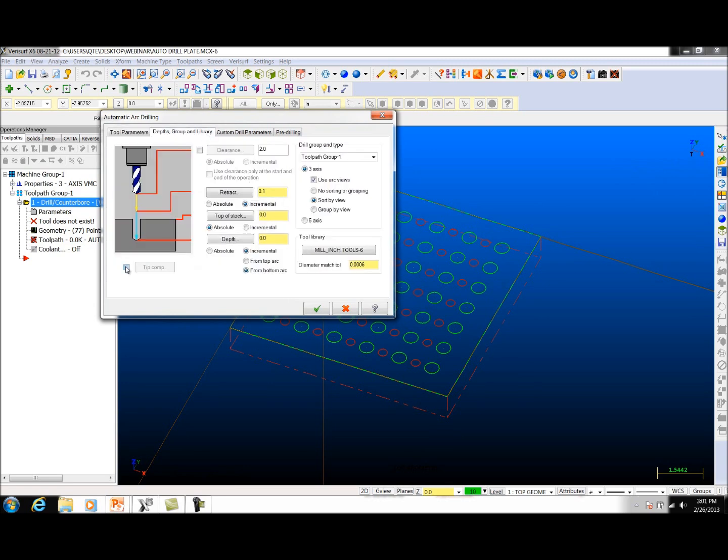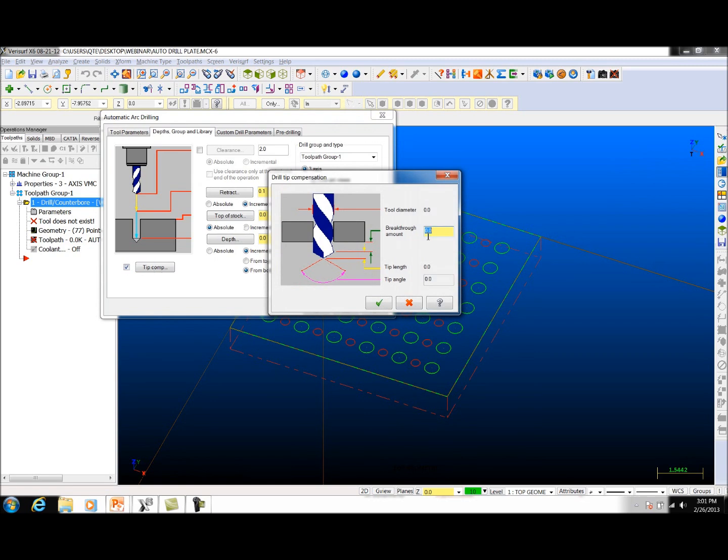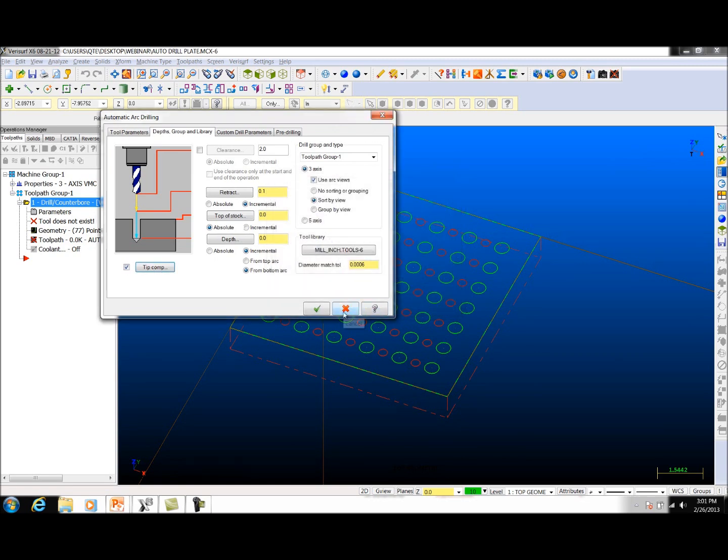Also, you want to use tip comp? Definitely. Let's break through about 10 thousandths. Now, the depth, I can go absolute. I can go incremental from wherever the arc was picked. Or I can go from the top of the arc down, or from the bottom of the arc,